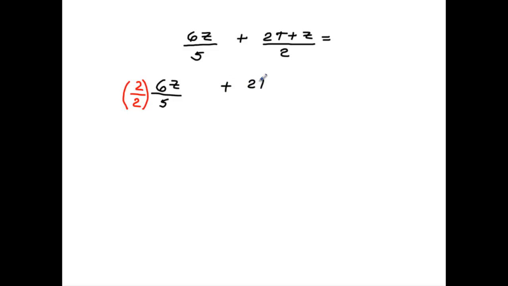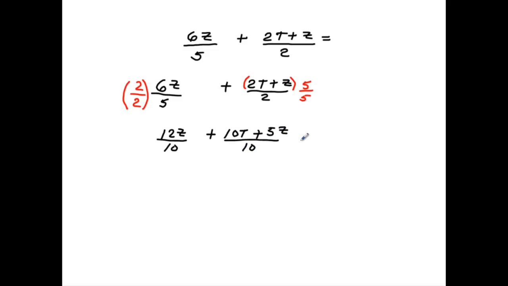Here we got 2t plus z over 2. We're going to multiply the top and the bottom by 5. Okay, remember, you're multiplying everything here by 5. So don't make that mistake and only multiply the 2t by 5. Okay, here we will get 12z over 10, and then plus, distribute the 5, that gives me 10t plus 5z